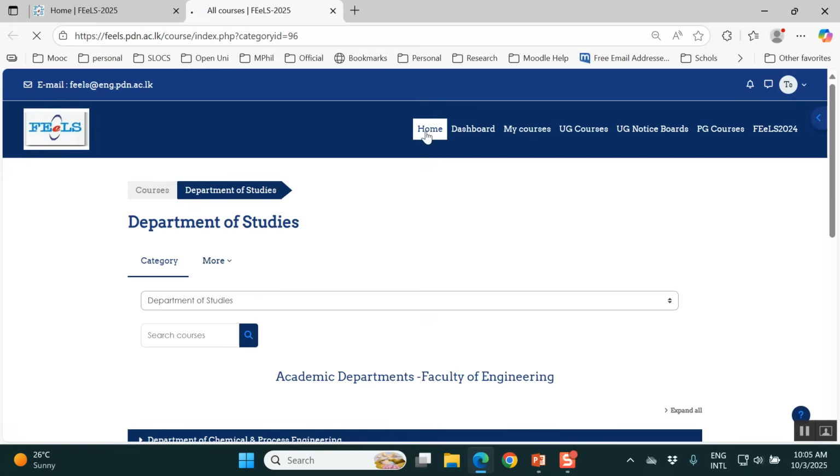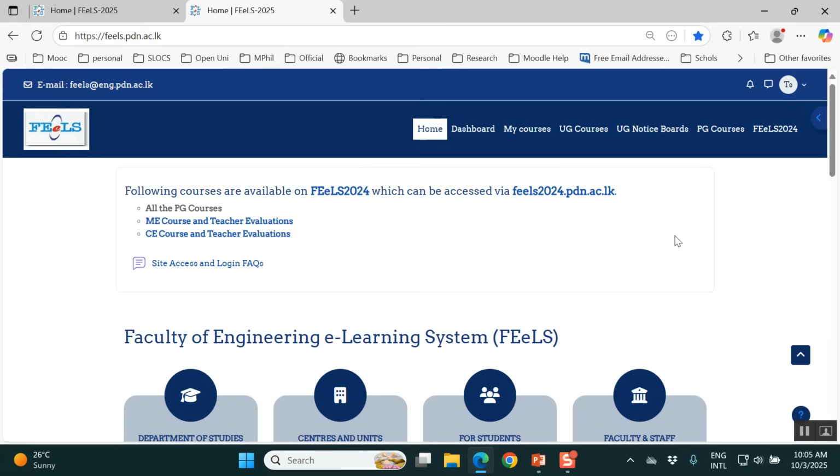So this is the information about the Faculty of Engineering e-learning system. Every student and every staff member should access the e-learning system, and it's a virtual platform for your classrooms, where everything is available. So please go to the site, log in, and explore all the features available there. And with that information,